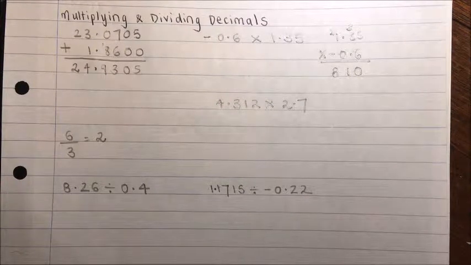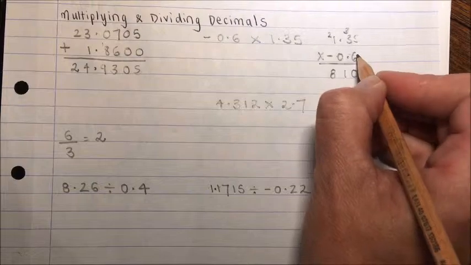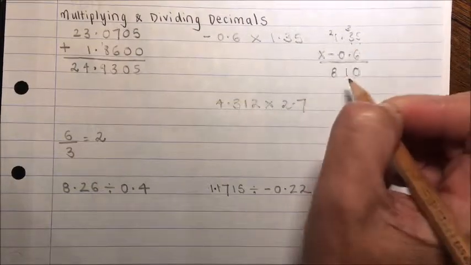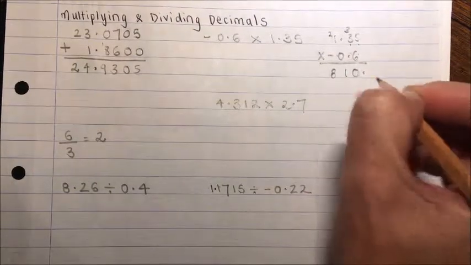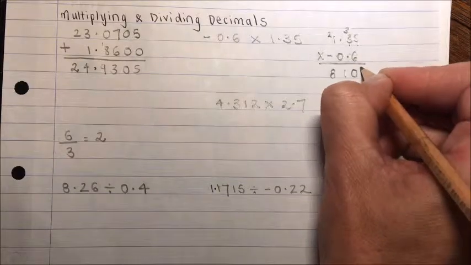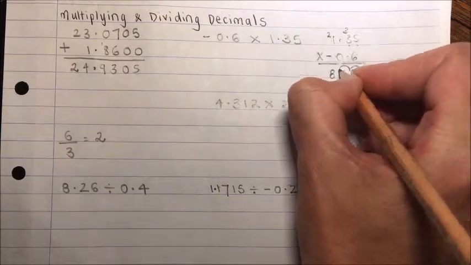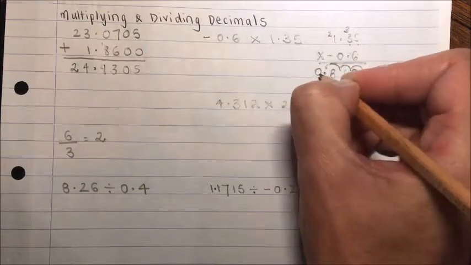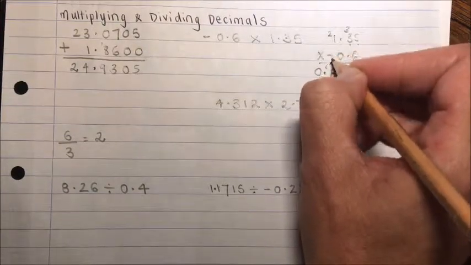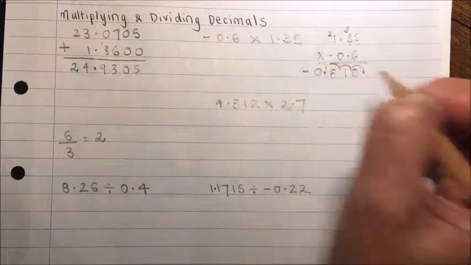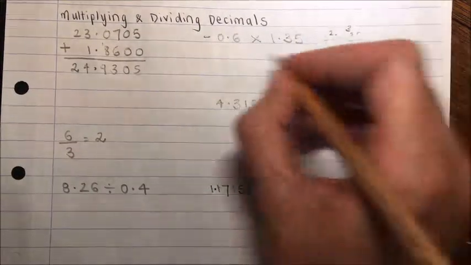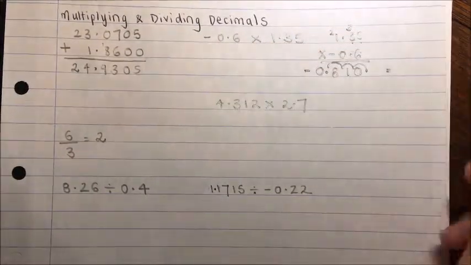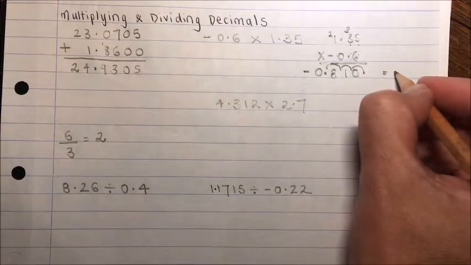So step 2 is count the decimals. We've got 1, 2, 3. So we have 810, and we move the decimal point 1, 2, 3. And don't forget, the signs were different, so the answer's negative. The answer to this equation is negative